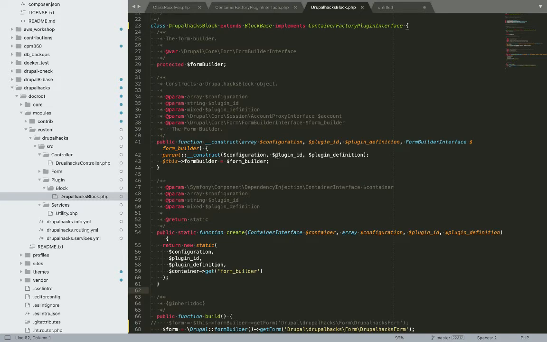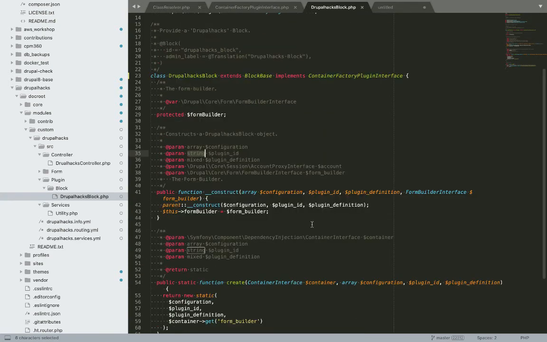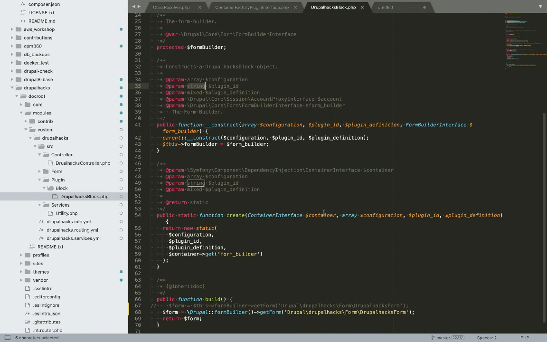So here in the constructor method, along with the dependency, which is the form builder service, I also have to define three parameters called configuration, plugin id, and plugin definition. And in the create function, along with the container, I have to define those configuration, plugin id, and plugin definition, and pass them through late static binding to my constructor.